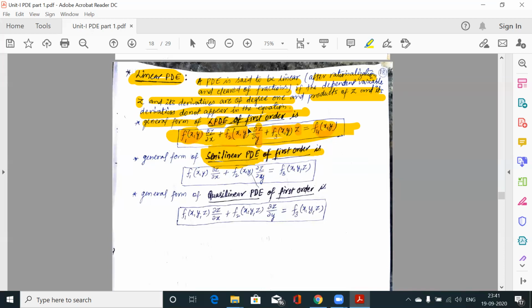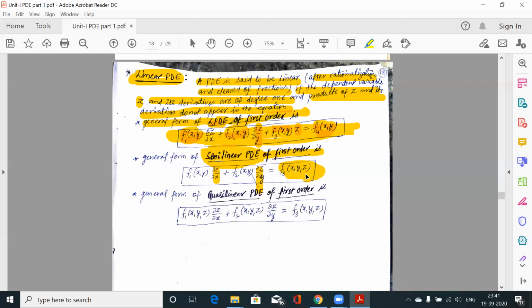In the previous linear PDE of first order, z can be a separate term with 1 degree because this is a first degree equation. But now we have the flexibility that z can be of any degree. So now this would not be a first degree equation. Why? Because del z over del x is of first degree, no problem. Del z over del y is of first degree, no problem.